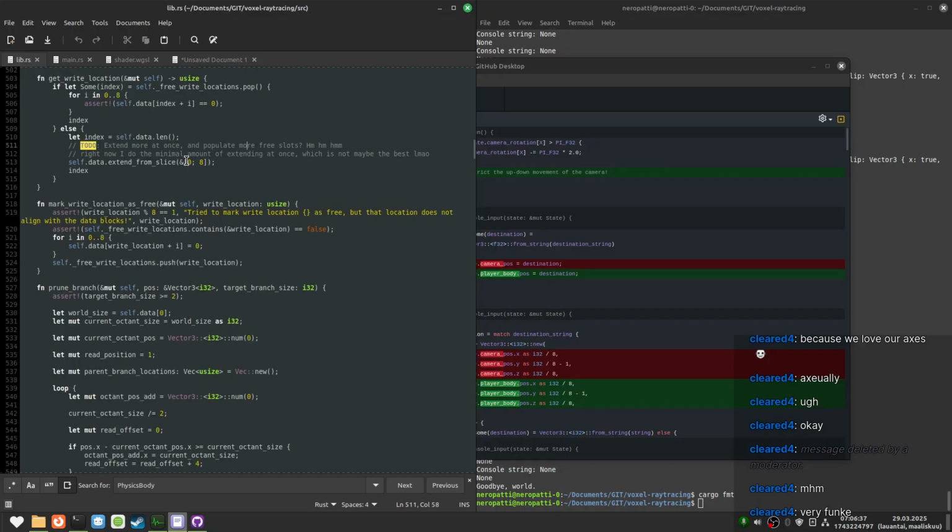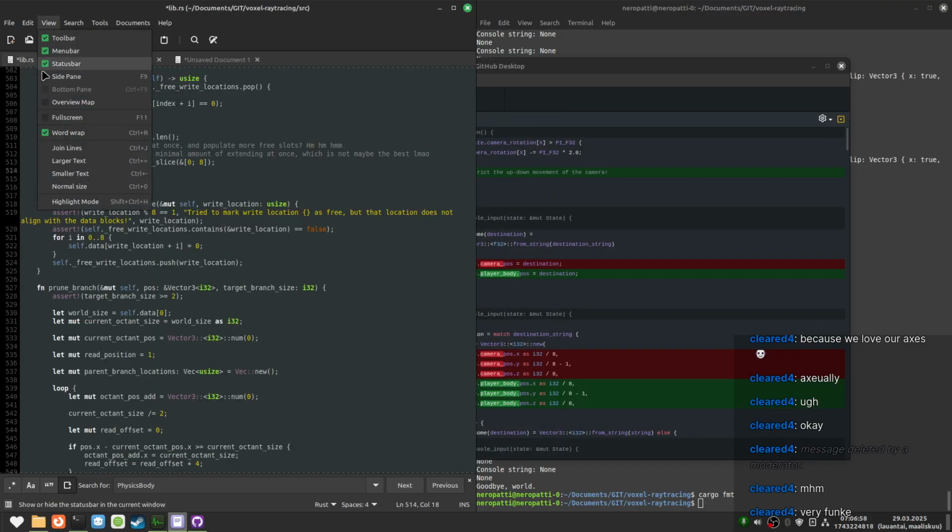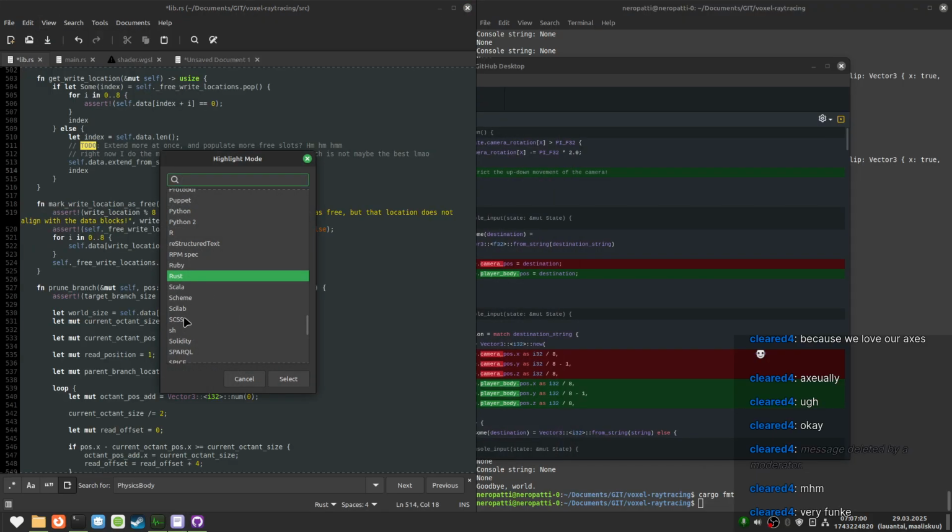So I wouldn't need to change the highlighting. How can I do that? Oh, it's only in comments as well. Wait, hold on. Oh yeah, we don't have comments in here. Interesting. No, I don't want to save that. I just need to modify the highlight mode.